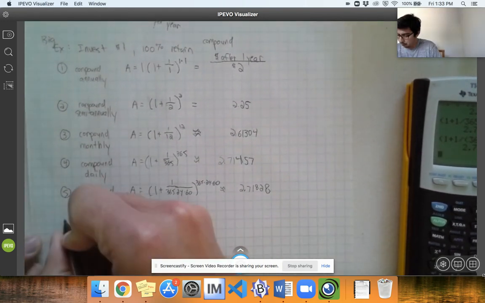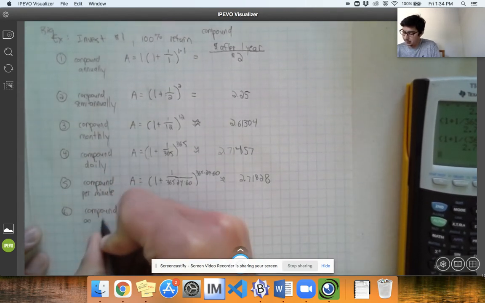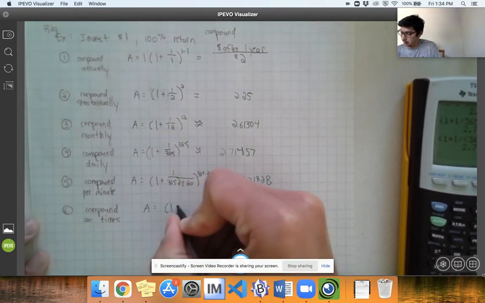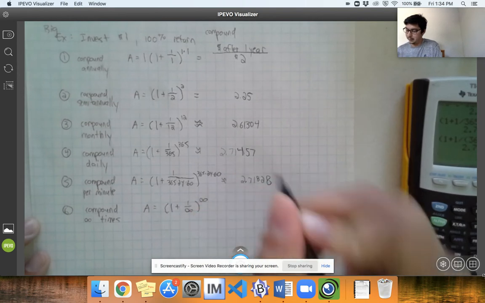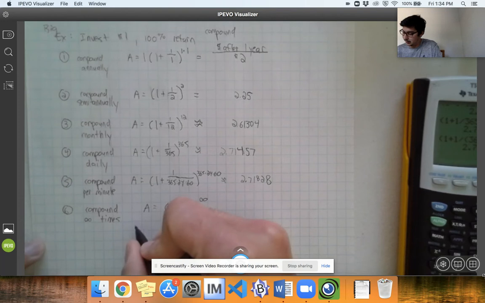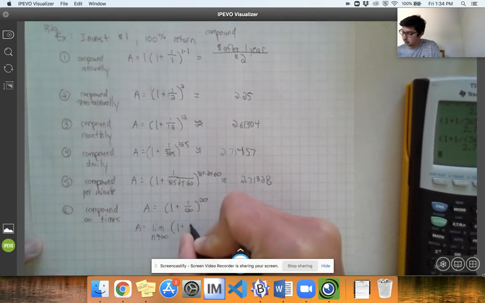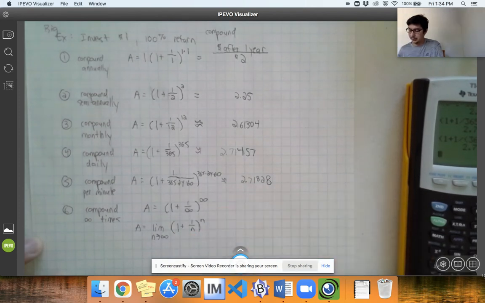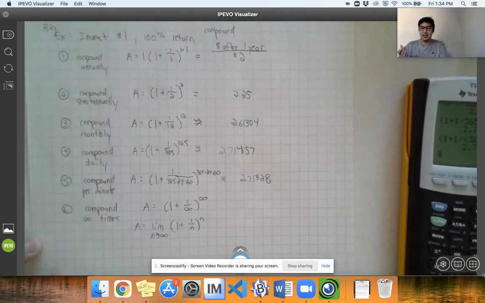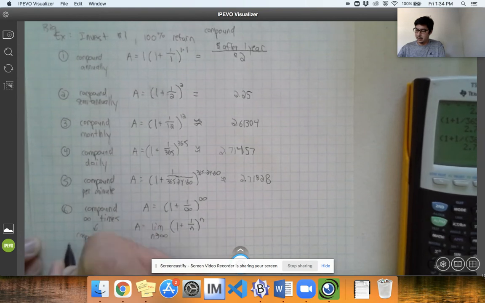Well, even better than minute, what if we compounded infinitely many times, right? So that would be 1 plus 1 over infinitely many times to infinity. Now, we can't calculate that because infinity is not a number. So the way we calculate that is we'd have to use limits, and I'll use n here to say 1 plus 1 over n to the n. And what happens is if you do this to infinity, if you compound infinitely many times, or sometimes what they say is compound continuously,